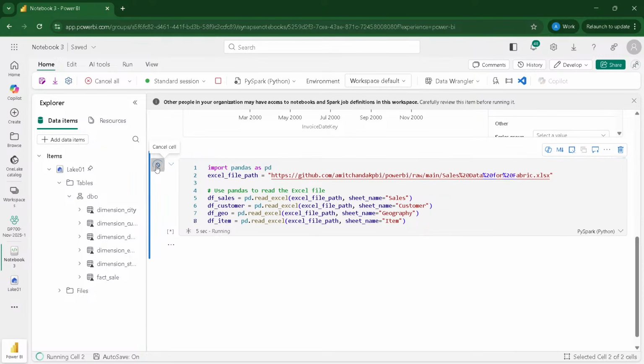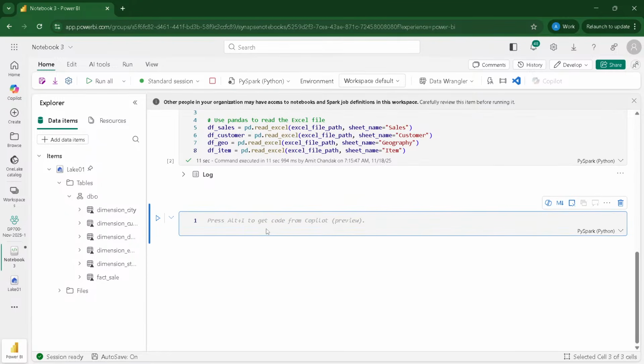Python can have its own connector as long as those connectors have access to your data source. Because it's an online data source and it is not restricted by IPs, I'm able to get it easily. Now you can see it has loaded my data within 11 seconds. I did talk about a few commands that we can display data with, multiple commands, not only that command.